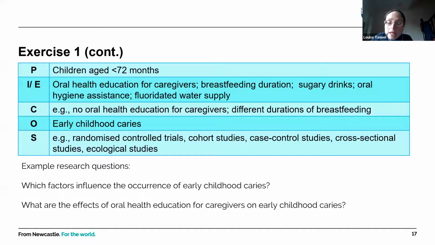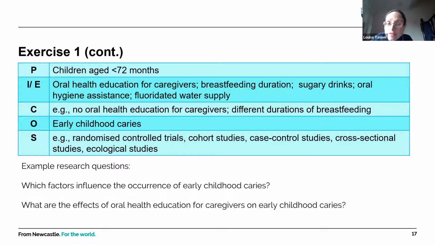And just to give you a bit more context, the reason we came up with this list of factors, oral health education, duration of breastfeeding, is that this review was, I think, commissioned by the WHO, and they provided us with a list of factors that they wanted us to investigate, which I think they had some evidence might influence dental caries.